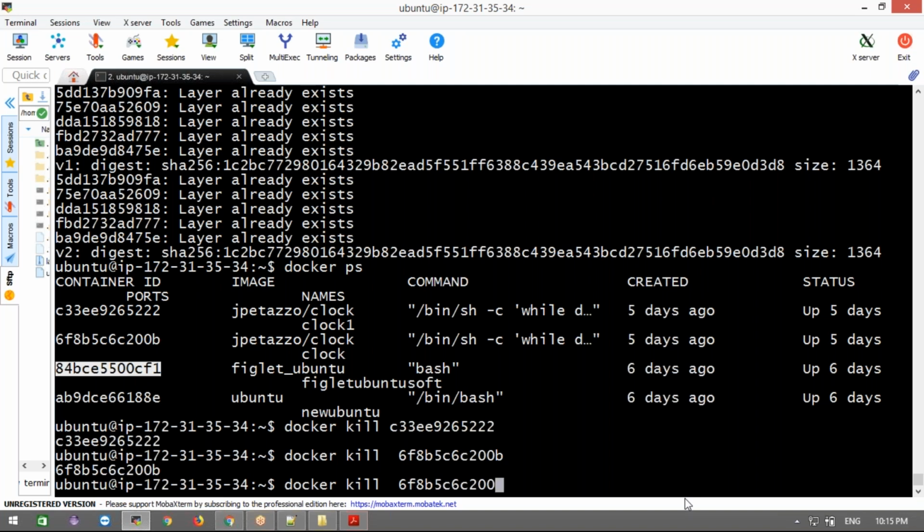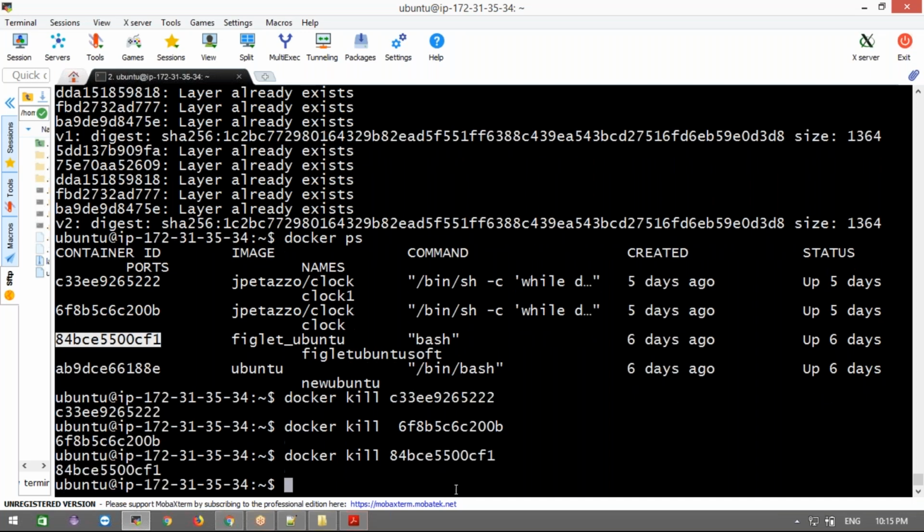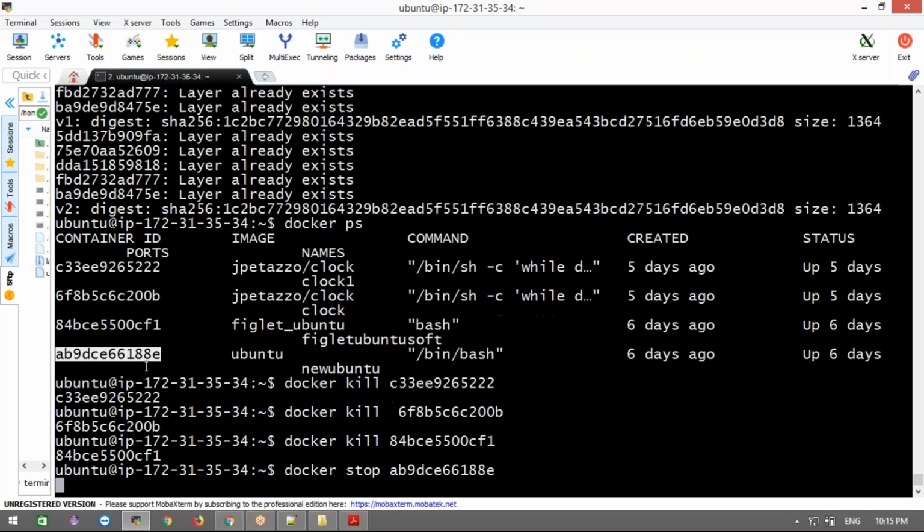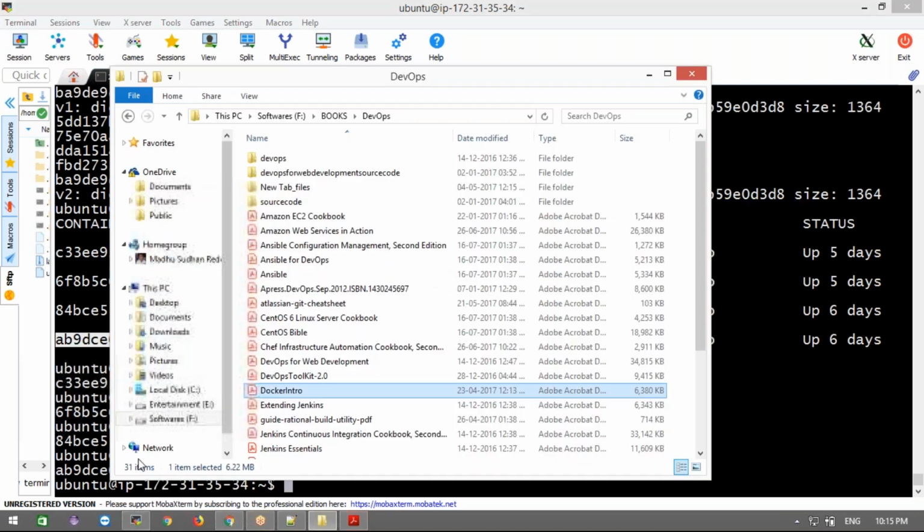What you must do is stop and then kill, right? Now this time it's not asking at all. It's killing. And see, guys, while killing, it's done immediately. While stopping, it will wait for 10 seconds and then it will be stopped. That is the main difference between stop and kill.